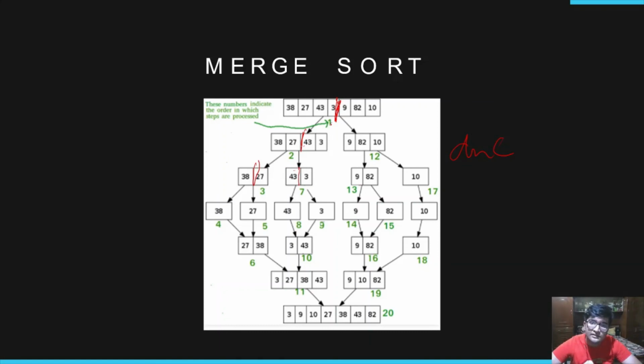And you can see these numbers reflect the step at which it's going to perform, and then we'll check which one is greater. If 38 is greater than 27, we'll swap, otherwise we won't swap. So this is what is happening in this stage.